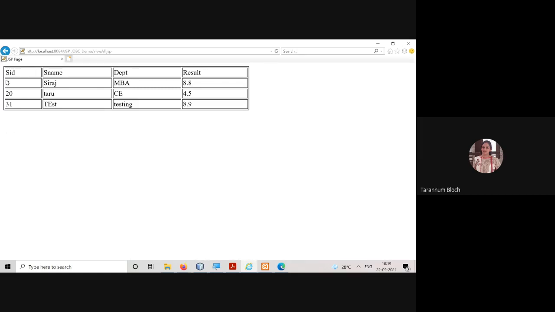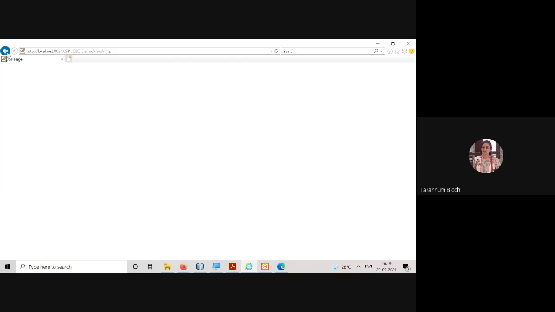Now, when I want to delete these students, there are two scenarios. See, I have the student IDs 8, 20, and 31 in the database. When I say delete student, I don't want to delete the entire table. I want to delete one record. So when I say delete student, it is asking me to enter the student ID. Suppose I'm entering 1. What does it say? Problem in delete, please re-enter the student ID because student ID 1 is not there.